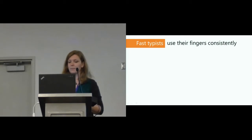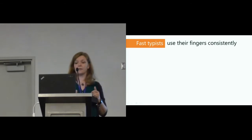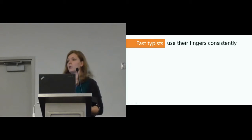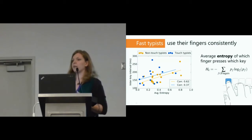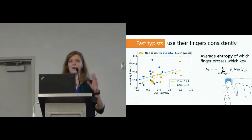And we found that the first thing, fast typists use their fingers very consistently. So we looked at the average entropy of which finger presses which key, so how much surprise is in what finger presses which key, averaged over the keys. So people that always use the same finger for hitting a certain key were faster than people that